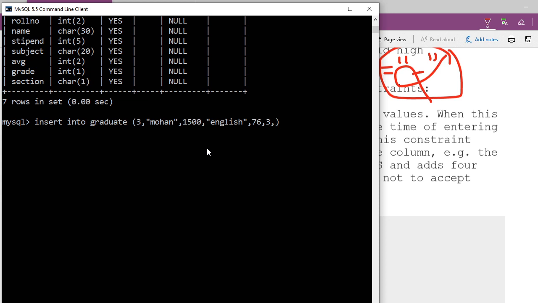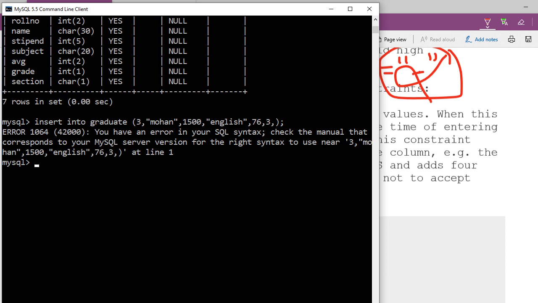And here you see, now guys, I don't know the section, what will I do? Yeah, so I don't know the section, leave it blank. Okay, so very first case I'm going to leave it blank after comma, is it? Got it? Okay, so if I am going to leave it blank, see, SQL has given me an error here, error number 1064, is it? Here you see, after this comma there should be a value defined, so how to leave it blank, is it?